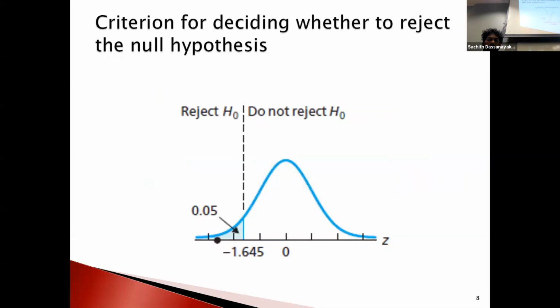I think there are more pictures later. This is something to decide whether, okay, same thing. See, if your test statistic is this black dot, what should you do? Reject or do not reject? If your test statistic is this one, what's your decision? Reject. Or simply, yes, reject H naught. Okay, clear? The same thing applies for the two-tail test or right-tail test, whatever.